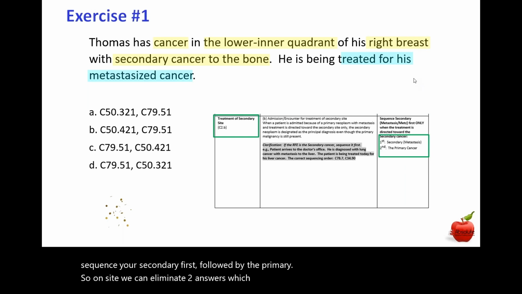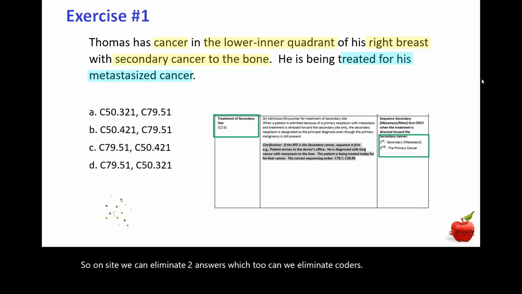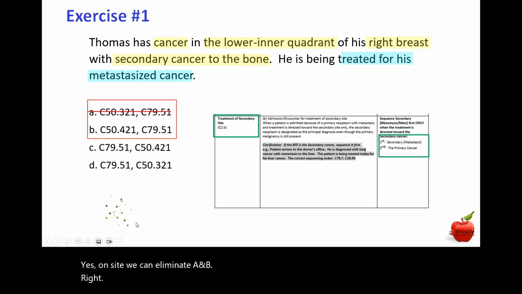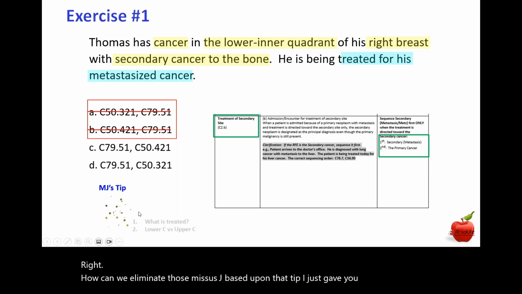Which 2 can we eliminate, coders? Yes, on site, we can eliminate A and B, right? How can we eliminate those, Mrs. J? Based upon that tip I just gave you,